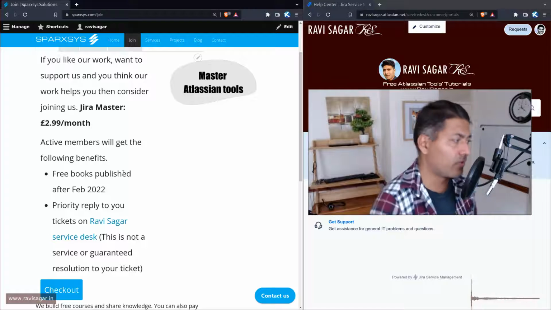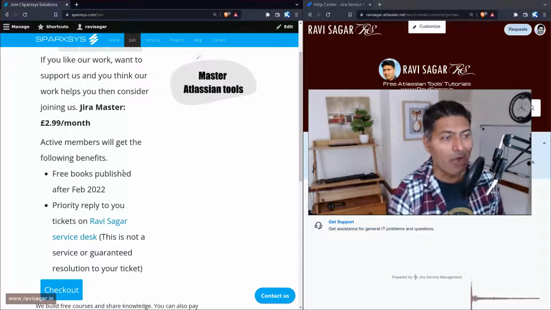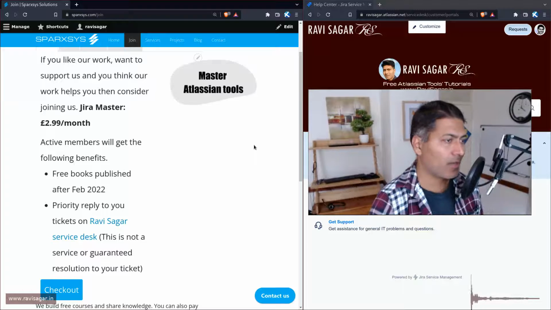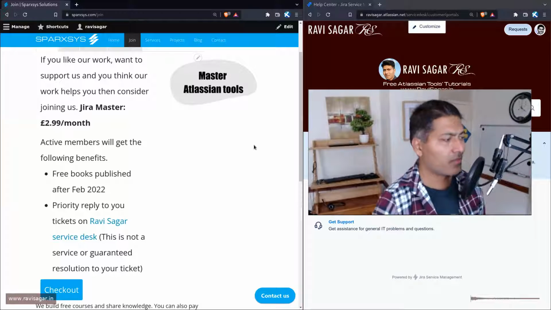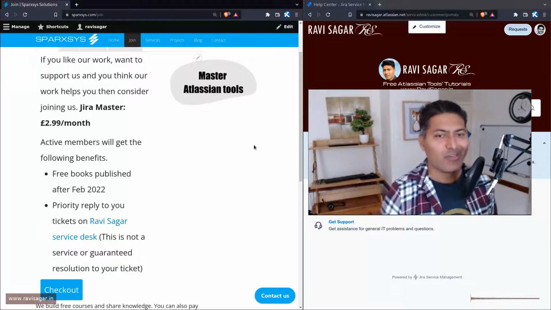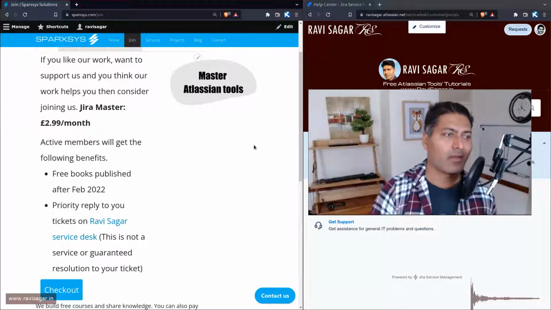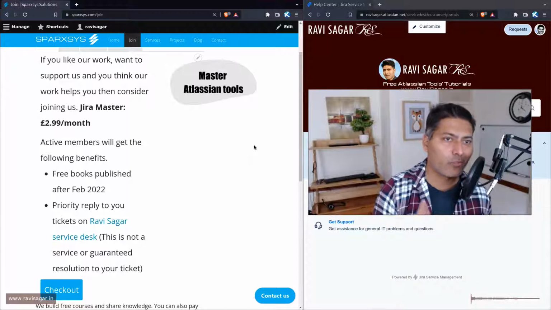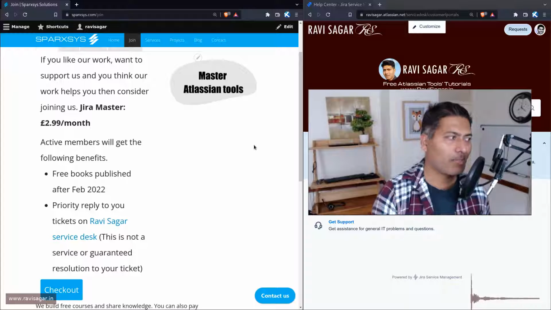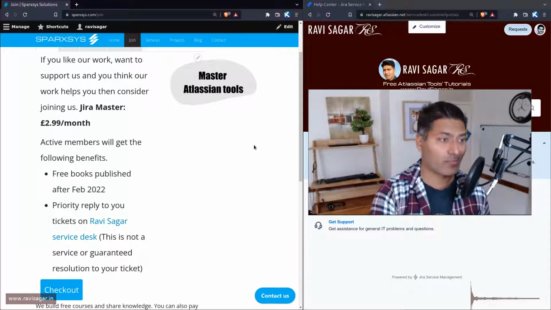Number two, they will also get priority response to my ticket. It's not really a support or service that I'm doing. I'm not going to spend hours to solve their problem, but I can definitely give them pointers on priority, because I try to respond to all of my tickets on the support, but my members will get priority response.